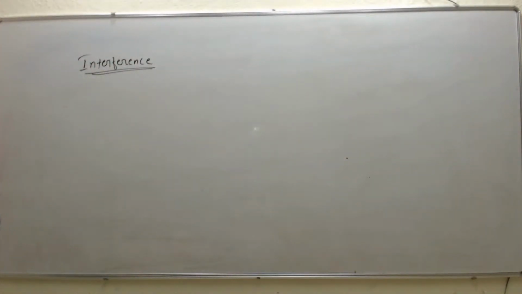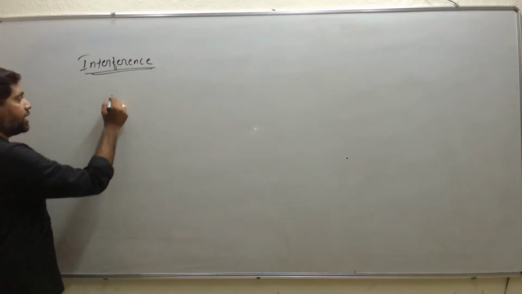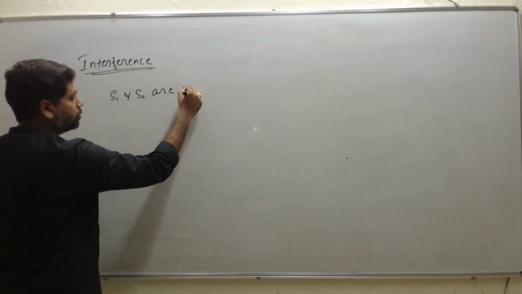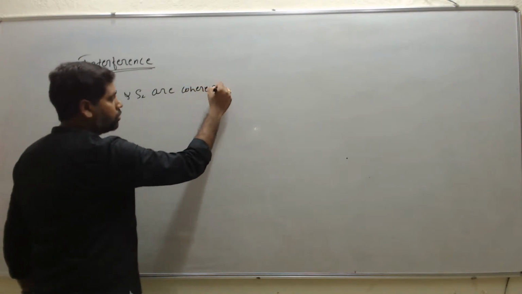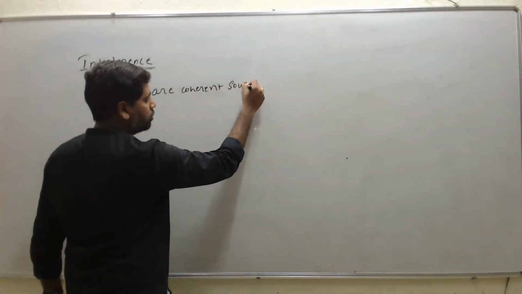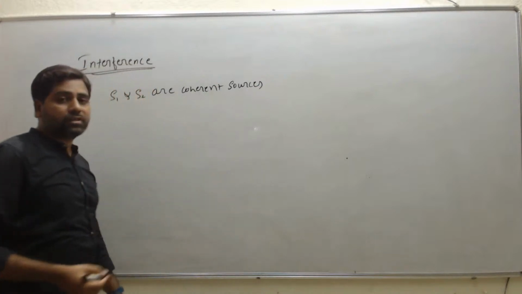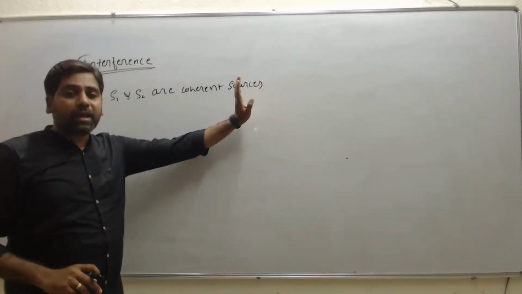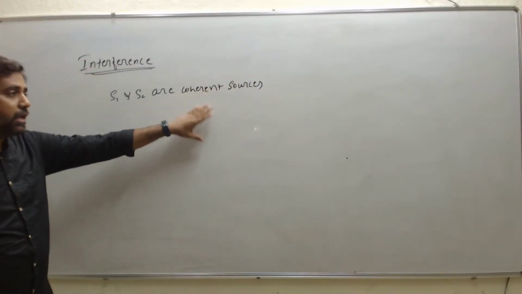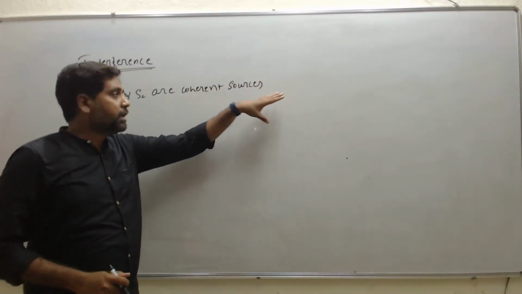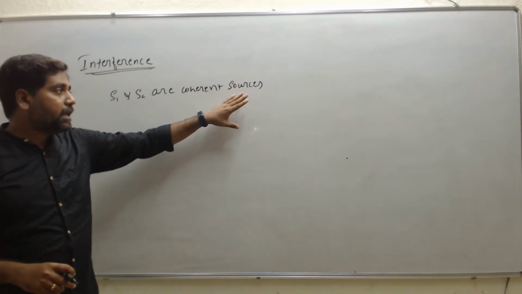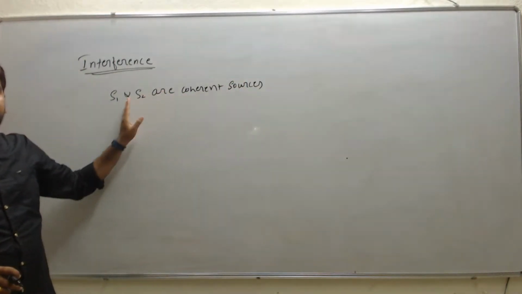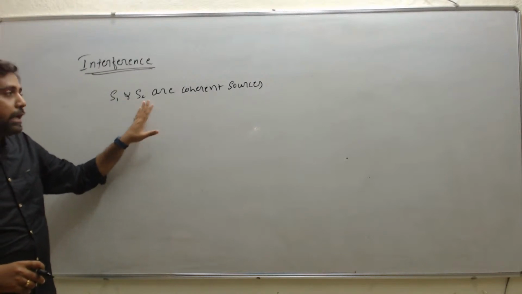So if we write in general, S1 and S2 are coherent sources for a point P anywhere in the medium. Point P, here we consider P, Q and R. In general, we consider any point P anywhere in the medium, then the displacements y1 and y2, if we write